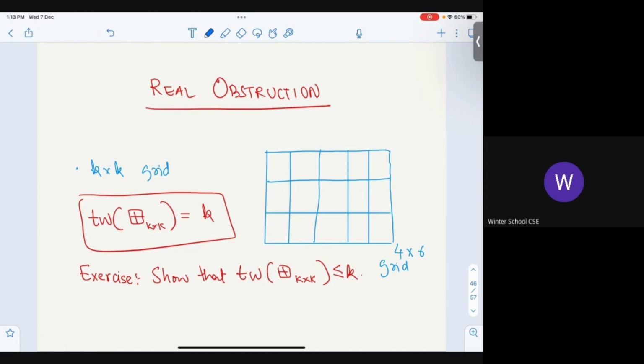Okay, so we started with a very simple definition. We played around, and we'll come back at the next lecture and see why these objects are this, and then get to the algorithms. Okay, so that's the plan. And so try to show that treewidth is at most K for this object in the next 1.5 hours or whatever time it is. Okay, thanks.